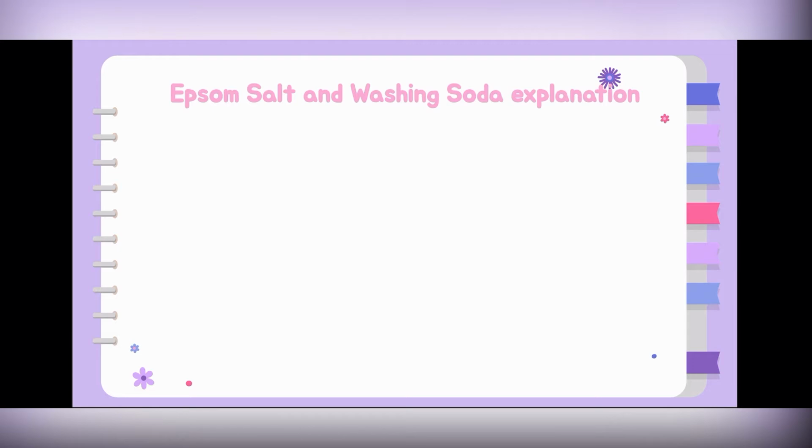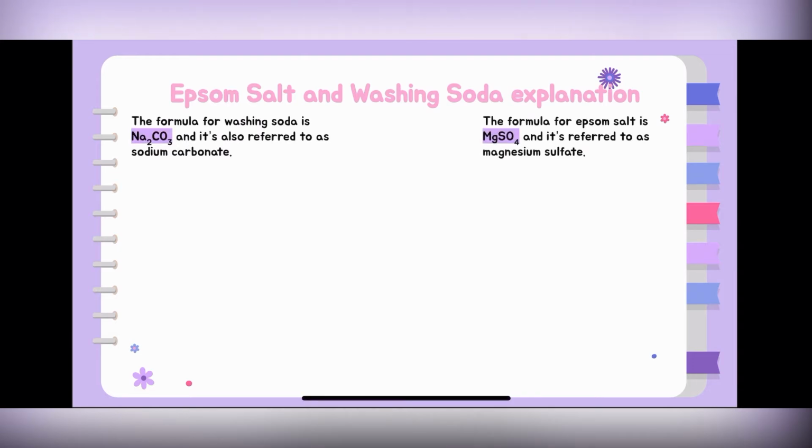So, when we start out the experiment, we have the washing soda, which is also referred to as sodium carbonate, which is Na2CO3, and we have the Epsom salt, which is magnesium sulfate, and its formula is MgSO4. As we start out, both of the solutions will completely dissolve in water. We have the Na2CO3 completely dissolved, it's completely soluble, and we have the MgSO4, which is also completely soluble and